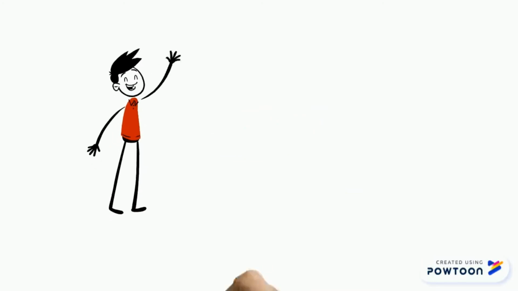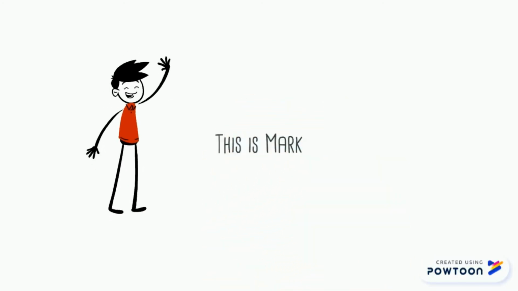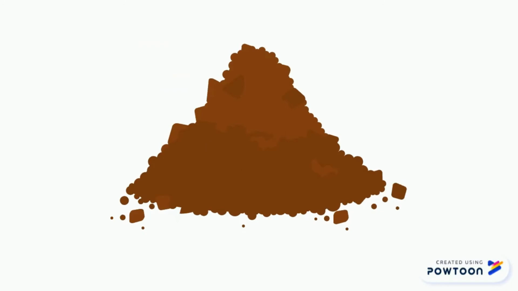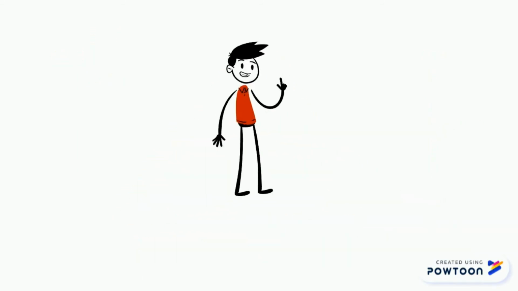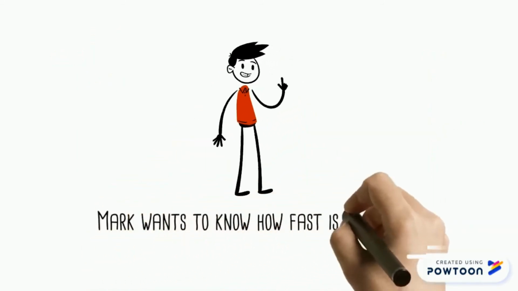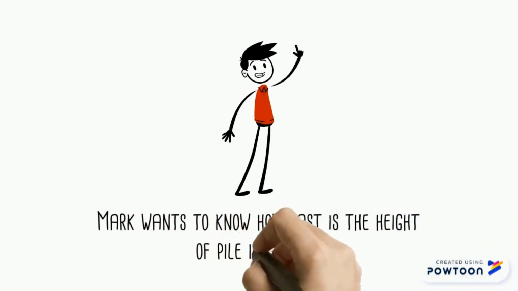Let's begin with the first problem about related rates. Take, for example, a boy named Mark observed a pile of sand form into a shape of a cone. Mark assumed that the sand is being poured at 2 cubic meters per second. He also assumed that the height and diameter of the base is equal to 8 meters. Now, he wants to know how fast the height of the pile is increasing with a given measurement of the